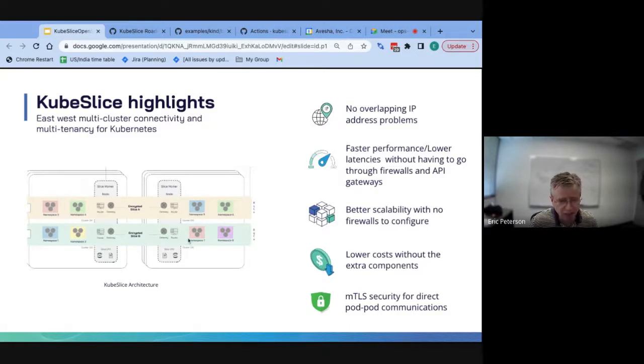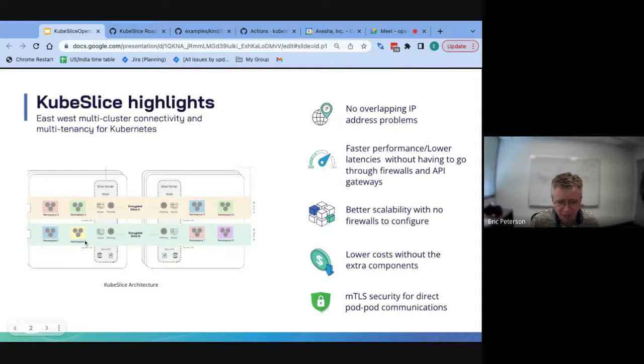And again, when it comes to multi-cluster connectivity in the Kubernetes world, there are multiple ways to do this. An alternate way is by going through external firewalls, essentially what we call north-south connectivity. So you sort of go out the cluster and come back in the remote cluster. And to do that, you have to be going through firewalls and API gateways, and there's just added complexity when it comes to putting that in place. So basically, we're trying to make it easier both for the operator and for the application developer.